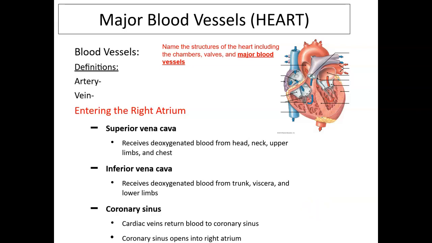First, let's start with definitions for arteries and veins. An artery is a blood vessel through which blood is leaving the heart. A vein is a blood vessel by which blood is returning to the heart. Blood being brought back from the body to enter the right atrium does so through the superior vena cava and the inferior vena cava. The heart, which also needs blood to function, returns blood through cardiac veins that converge to